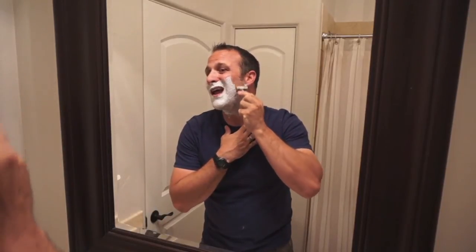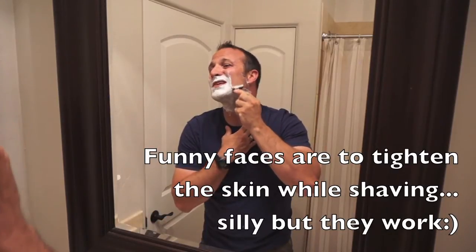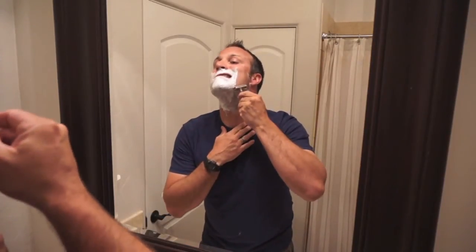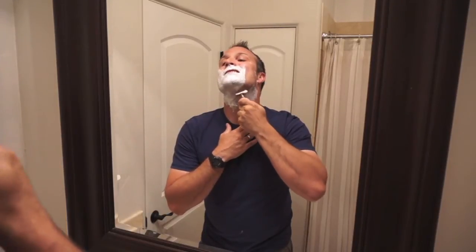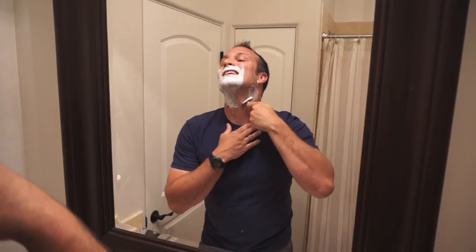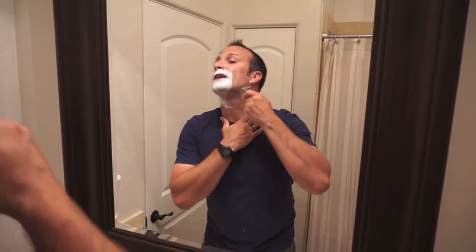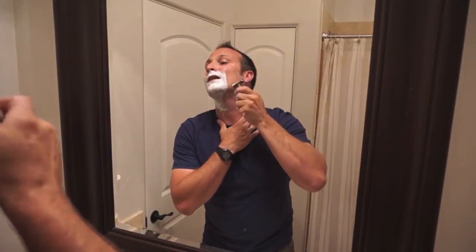Basically, you want to let the razor do the work, as opposed to a cartridge razor where you can basically push as hard as you want. So you'll see I'm making small passes, and really that's all you need to do. I usually do just one pass, and I might do some touch up. I don't know if you can hear that on the camera, but